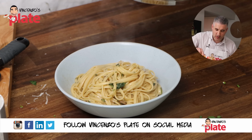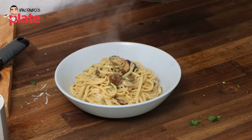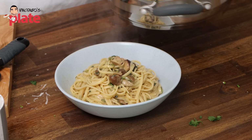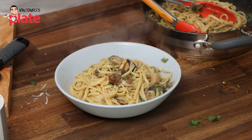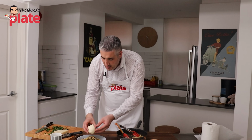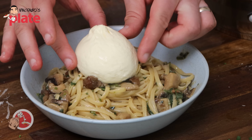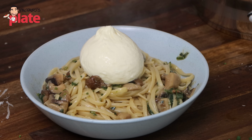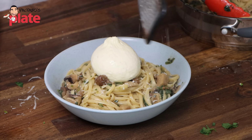The burrata is going to make your pasta super creamy. So what I'm going to do, I'm going to add the mushrooms on the sides like that. All the best part is here, look. Place a beautiful burrata right on top here, right in the middle. This beautiful burrata right there. Let's grate some extra pecorino on top, but this pasta now is going to be so creamy